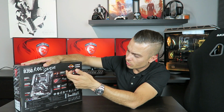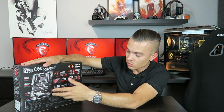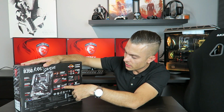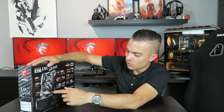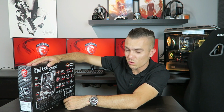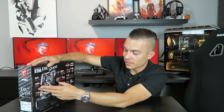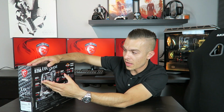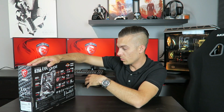Now you have the audio boost, you have the easy debug LED, easier way to troubleshoot stuff. You have the LAN protection, you have the Turbo M2 up to 32 gigabits per second, you have the steel armor unique design with black and white colors, and you have the DDR4 Boost as well. So with all that,